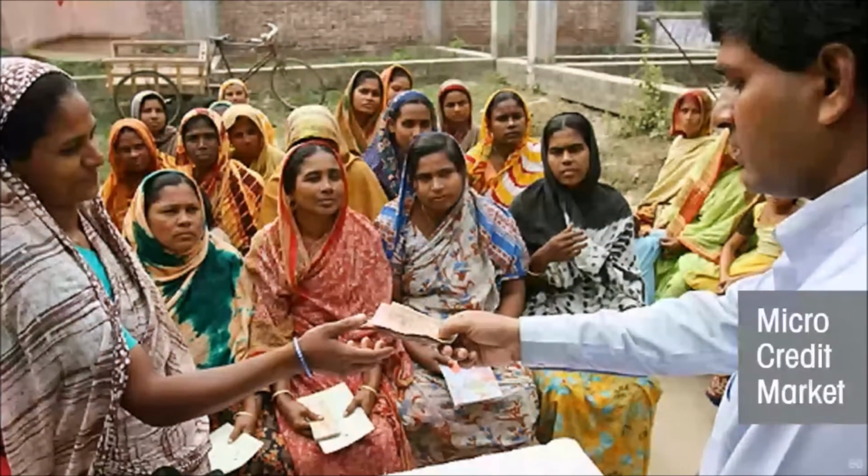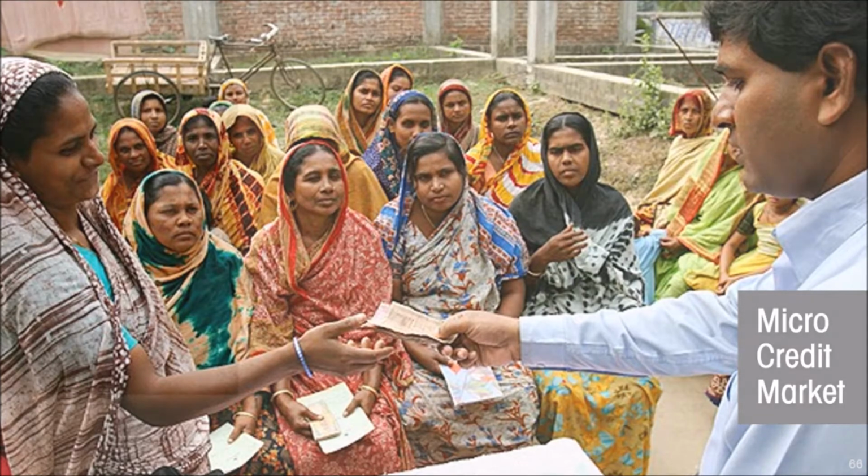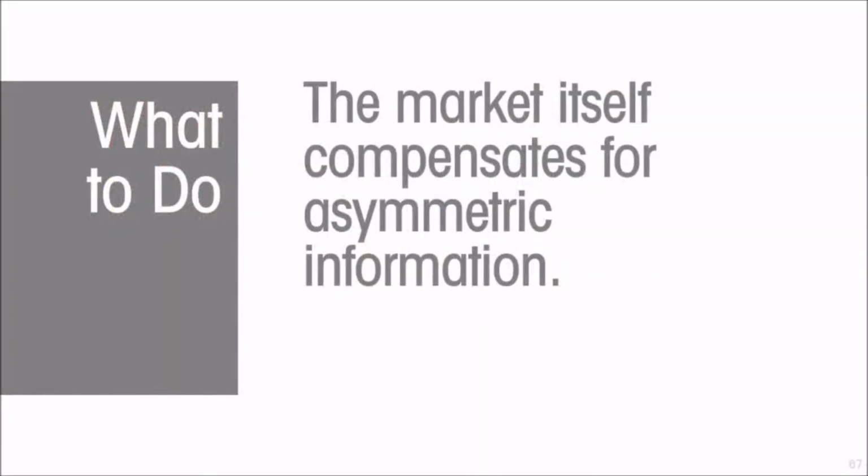The lender has to charge a rate of interest that reflects the risk of non-repayment. That risk of non-repayment reflects, even in part, the person who is irresponsible and lacks integrity and is highly likely to default. Then it's not a good loan for the responsible person. That is why microcredit is difficult in every country. What to do?